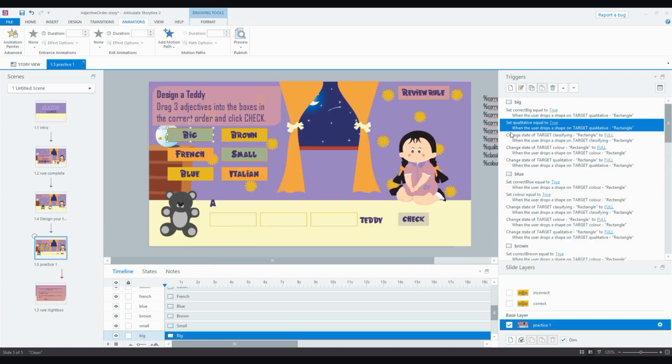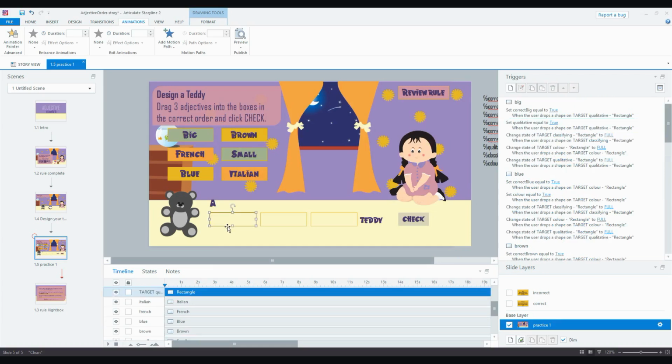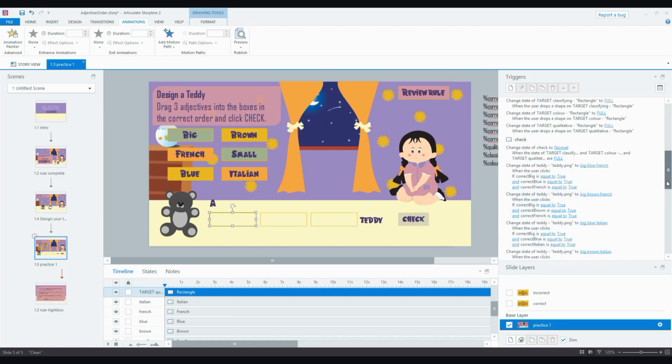So what I've done next is for each of these targets, let's use again the first one as an example, which is qualitative. The 2 correct ones for qualitative are big and small, so I've set a trigger under big and a trigger under small to set the variable qualitative to true when the user drops big or small into this rectangle. So that means that later in the check button, when that's going to give me the answer and take me to the correct layer, what it has to do is